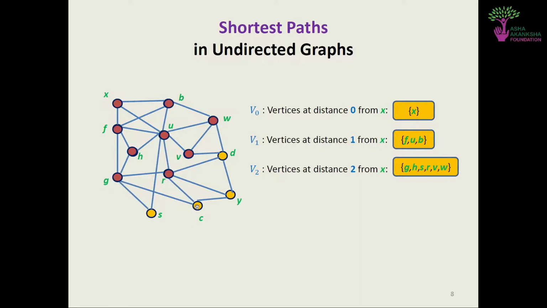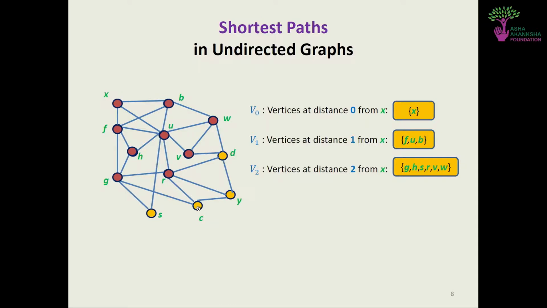Oh, sorry, c was also coming out of g. I missed that. Since c is also coming out of g, and the distance of c at this stage would still be infinity, c will belong to the next set, V(i+1). Vi was V2 in this case, so c will belong to V3,